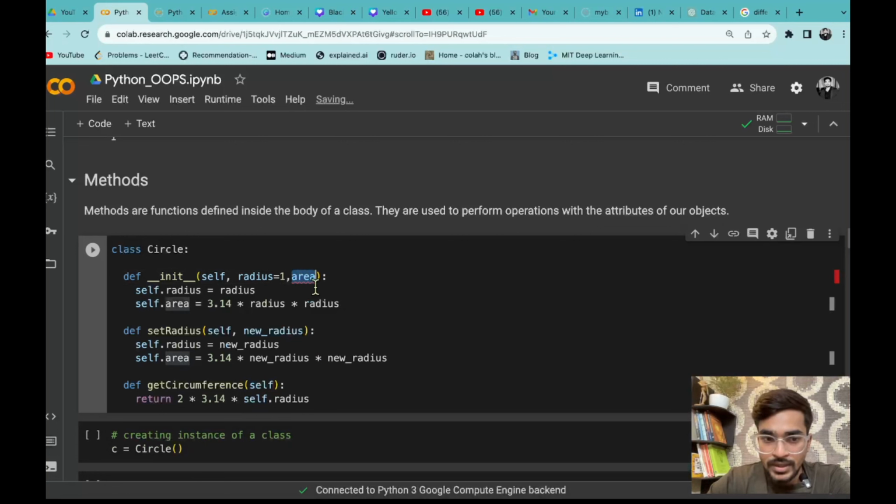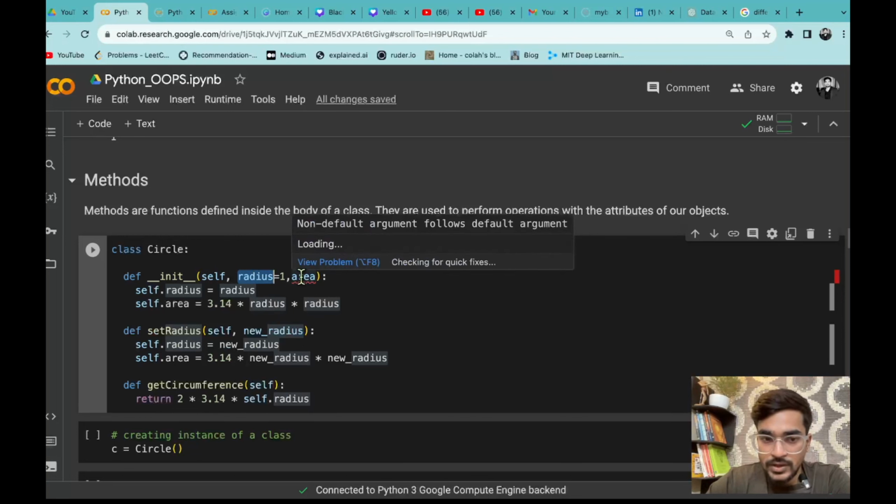Because if you are initializing the area attribute, the formula of area is 3.14, that means pi r square. So r is actually radius, and you have already defined radius as an attribute of that class.